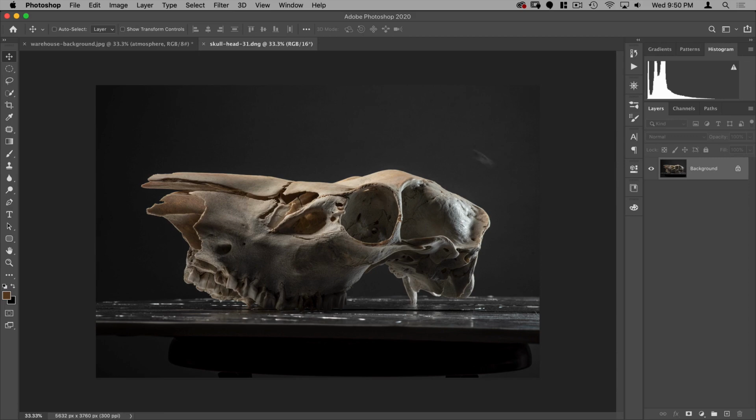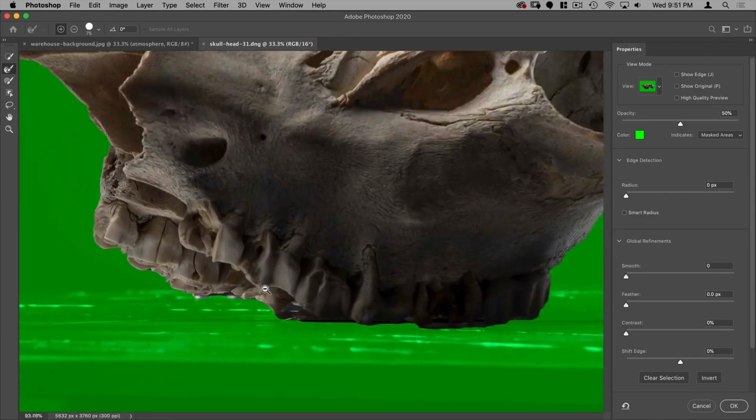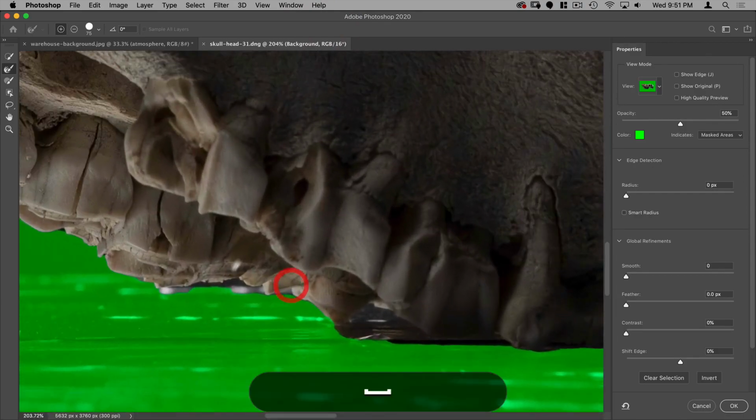All right, next thing we're going to do is cut this out of the background. Let's go ahead and select our quick selection tool. That's going to give us the Select Subject button up here. Let's go ahead and see how this does. It actually did a really good job. We're going to have to clean up a bit at the bottom down here, but otherwise this looks pretty good. So let's go into Select and Mask. Let's zoom in here, holding Command and the space bar.